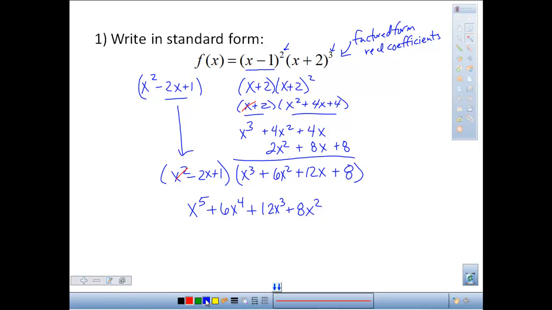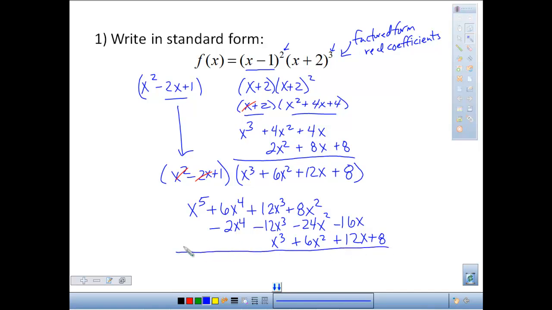Now I'm going to multiply everything by negative 2x. So negative 2x times x cubed is going to give me negative 2x to the 4th. Negative 2 times 6 is going to give me negative 12x cubed. Negative 2x times negative 12 is going to give me negative 24x, and negative 2 times 8, negative 16x. And again, I've multiplied everything by that, so I'm going to multiply everything by 1. That's pretty easy to do. It's just going to be x cubed plus 6x squared. Oops, I forgot my squared here. Plus 12x plus 8. So you can see the advantage of lining them up when you multiply,